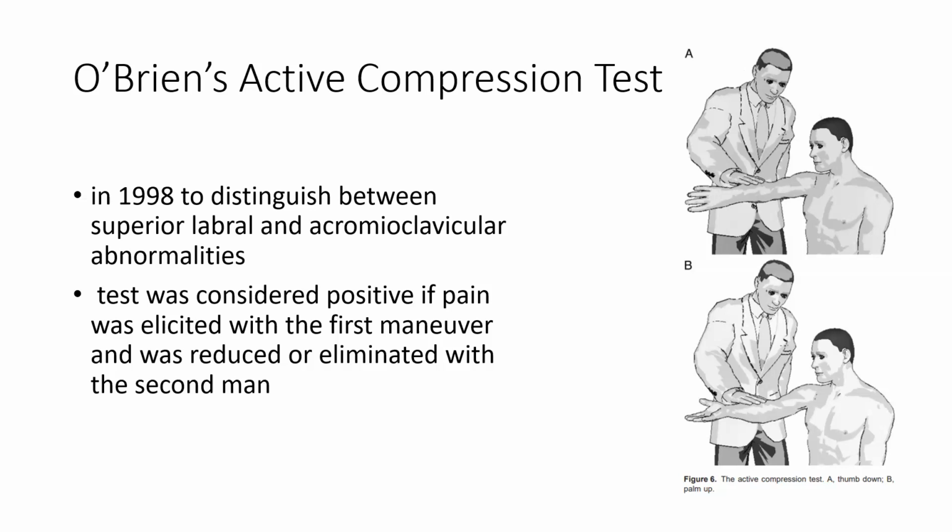Initially, the patient will be asked to forward flex the arm, adduct it, and then internally rotate. Then we give resistance, and the patient is asked to elevate the arm against resistance in internal rotation. In the second step, the patient is asked to supinate the arm in the same position and then elevate it. So one is in internal rotation and the other in external rotation. They'll be asked to raise the arm. So the test is considered